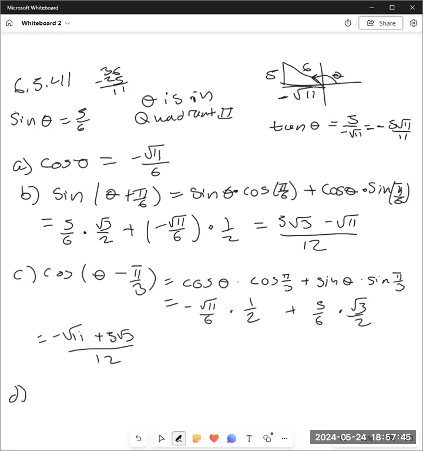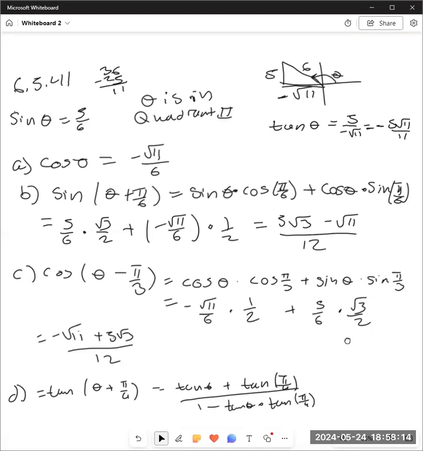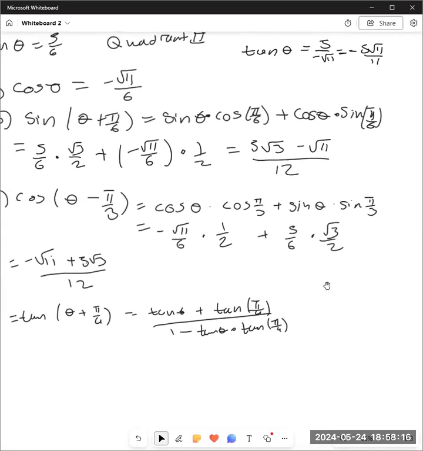So D is tan of theta plus pi/4, which is tan theta plus tan of pi/4 over 1 minus tan theta times tan of pi/4. And that's going to be